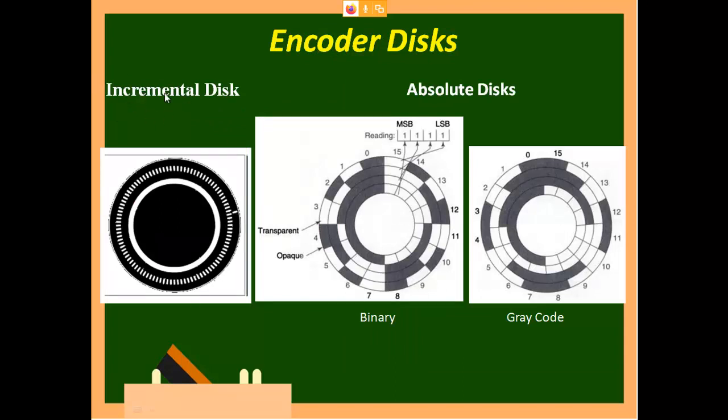So this is incremental, where only one slot will be there. This is the starting slot and this is the ending slot. Now when you increase the number of slots, you will get more resolution with a smaller degree. If it is only 4 slots, then it is 90, 180, 270, 360. When you increase from 4 to 6, 6 to 8, 8 to 12, you get 30 degree, each and every slot is 30 degree.